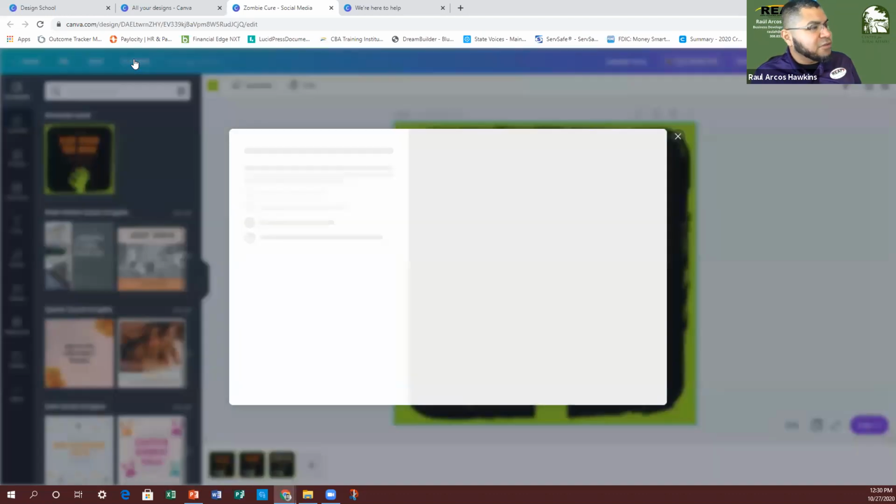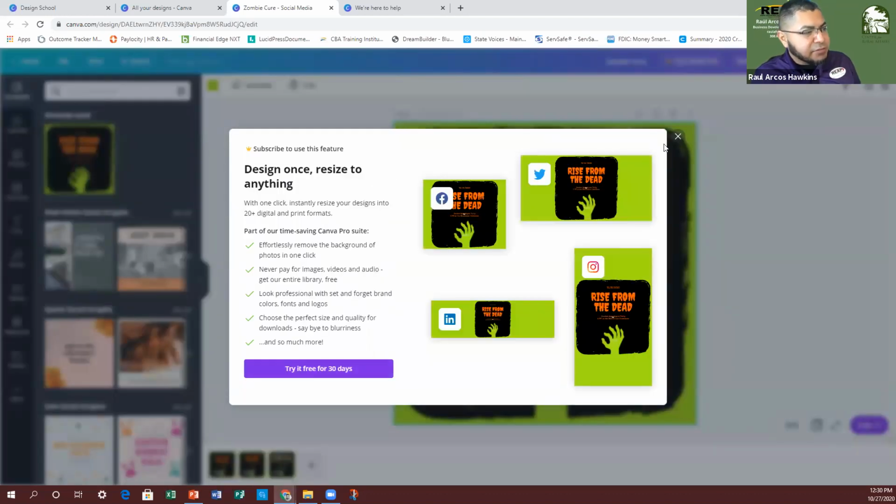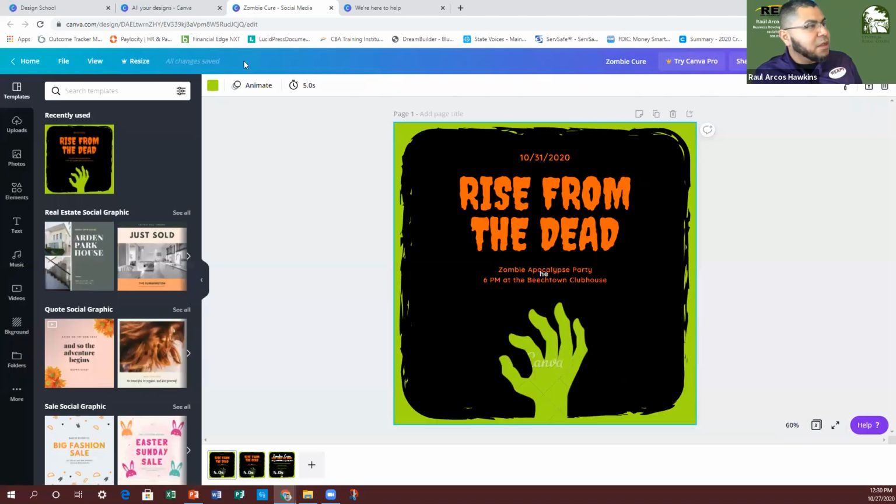The other one again is resize. If you don't have a paid subscription, unfortunately, you can't resize it unless you pay for that account. Going up here, we haven't made any changes, but up here it should give you a little back arrow where, say you made a mistake or you deleted something, you can always go back and bring it back to the original